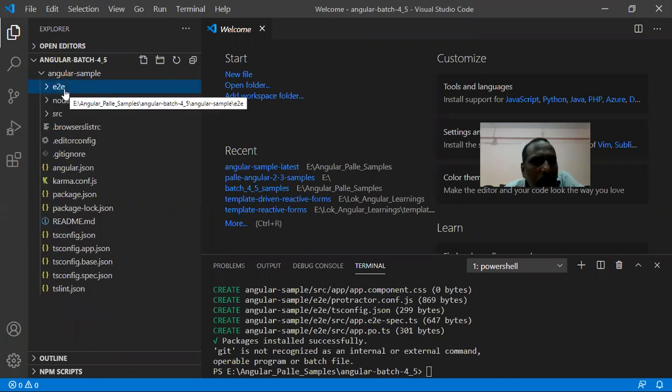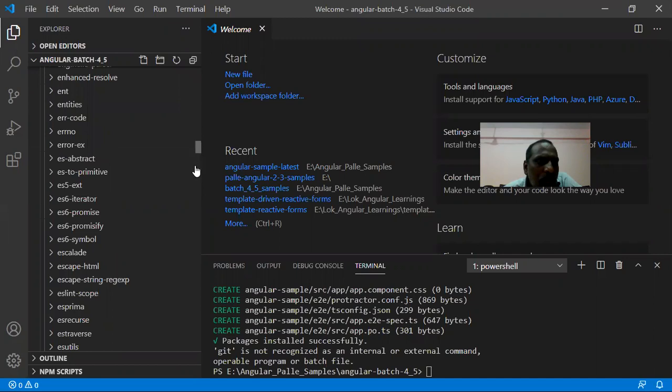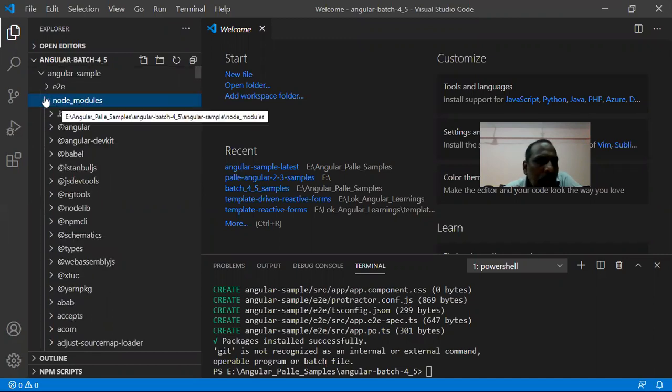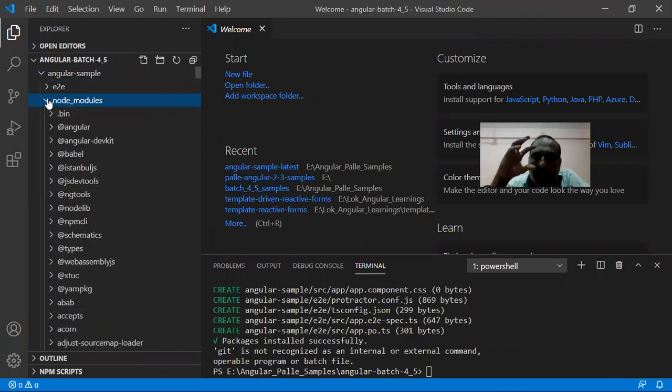So forget about E2E and forget about node modules. This is the place where all the Angular required modules, the predefined modules present in Angular, will be present. So all module names will be present here. All modules required for writing an Angular application are present here.